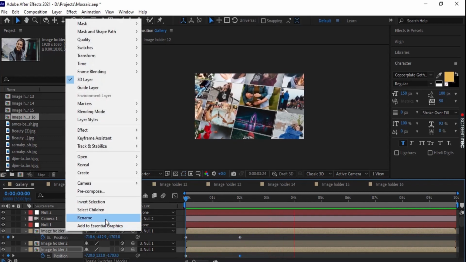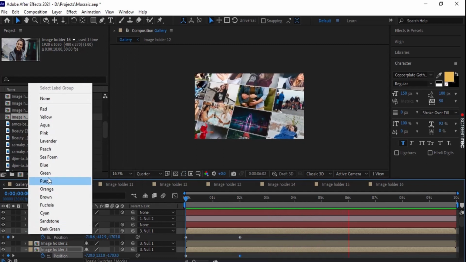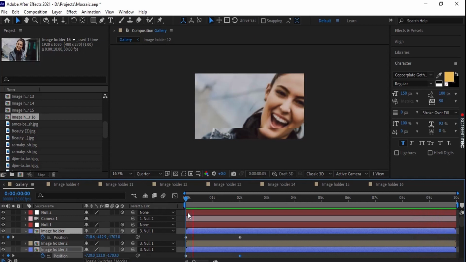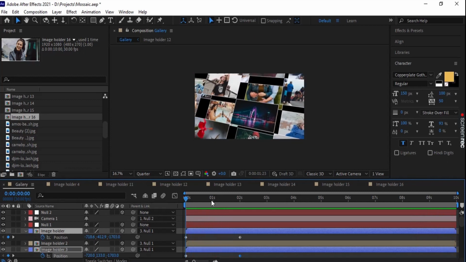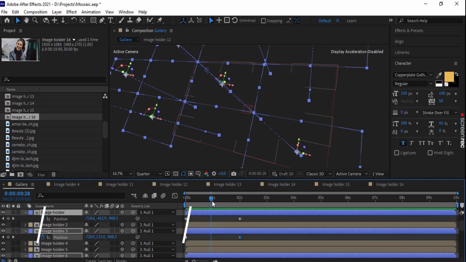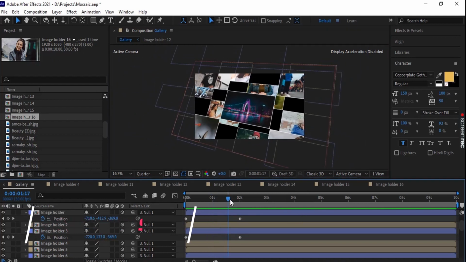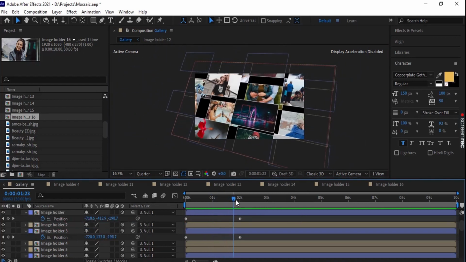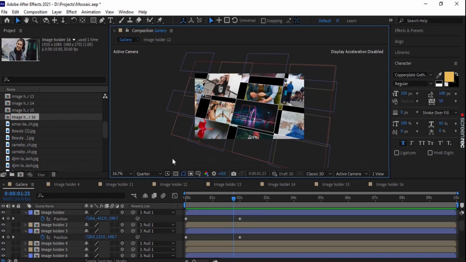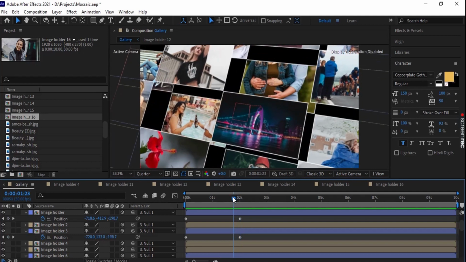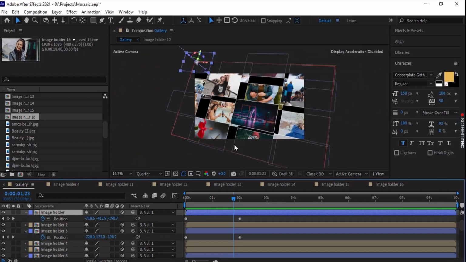Let me select the layer colors for our identification. To look better, just move the layers randomly according to your choice.